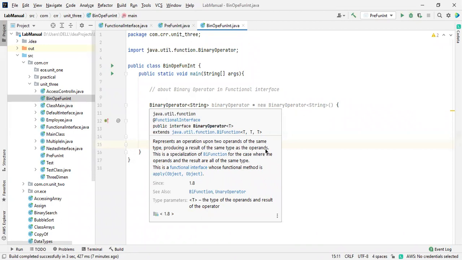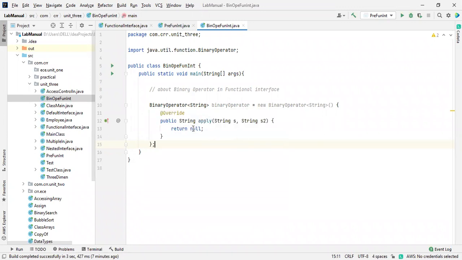This is a specialization of BiFunction. It is somewhat similar to another functional interface available, like Function, which is a predefined functional interface in Java. It allows only two arguments, and it will return only a single value.